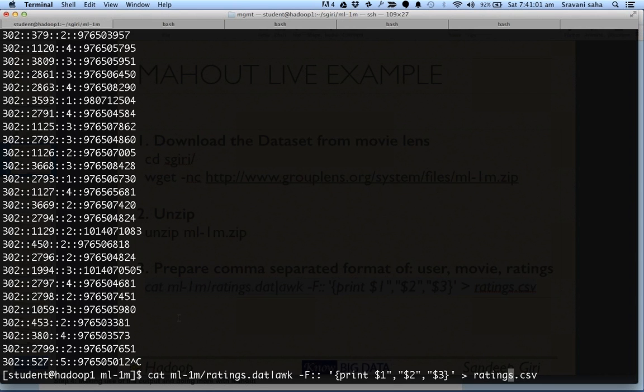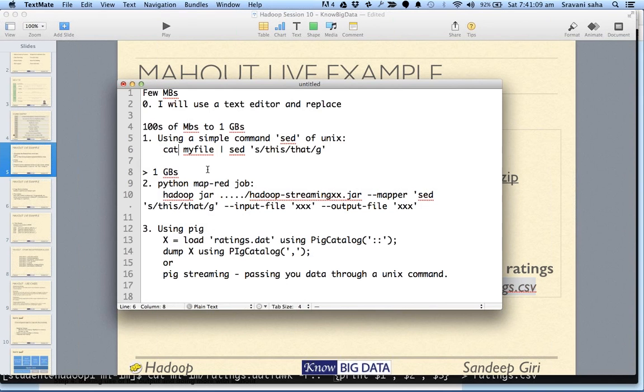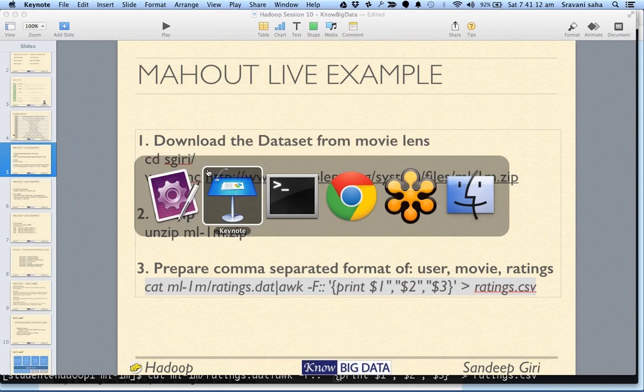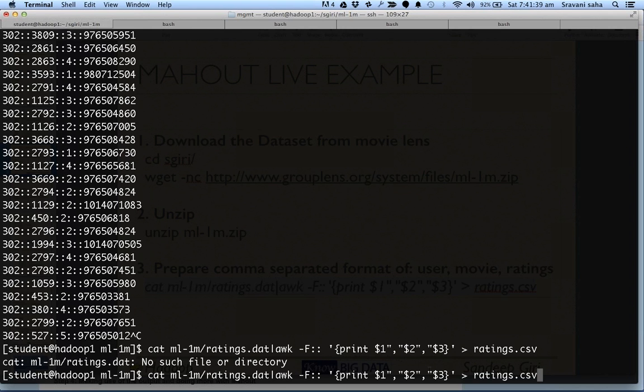So what I've done is I've used an awk command instead of sed here. I mean, there could be another third way where we can say it like this. Now, what does it do? It basically splits the input by double colon. This is my split field, and then converts that into a comma separated one. And after you do this, you'll get